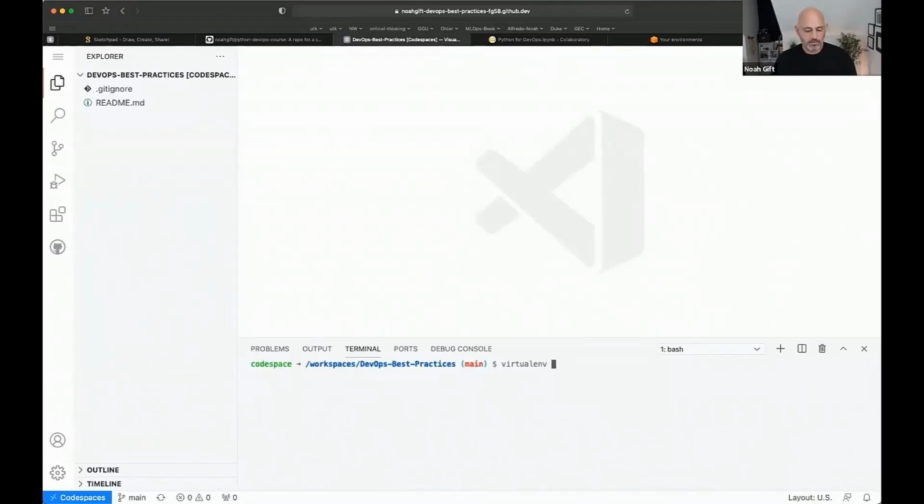So if I go through here and say virtualenv, I can say ~/.venv. I like to put my virtual environments in a hidden directory inside of my home directory, because I don't want to accidentally check them in somewhere, and it's a good convention to follow. So we go through here and we do that. So, Python virtual environment,